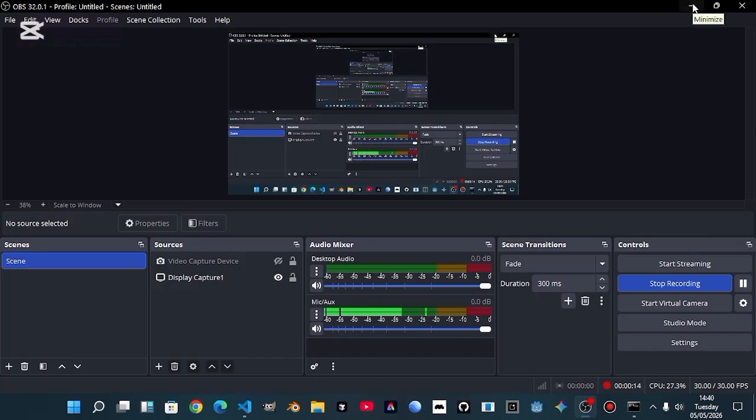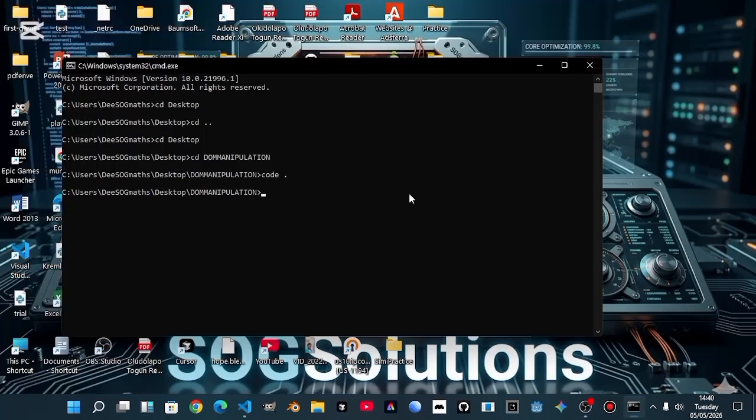So I think we can leave the screen here. I have my terminal now opened up. Let me just leave some directories and I'll show you what I'm doing in a bit. So yeah, users, C is my C drive, my main drive for my SSD, and users here, DSOGMass